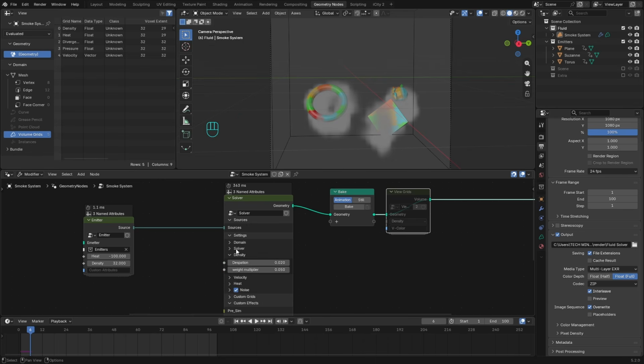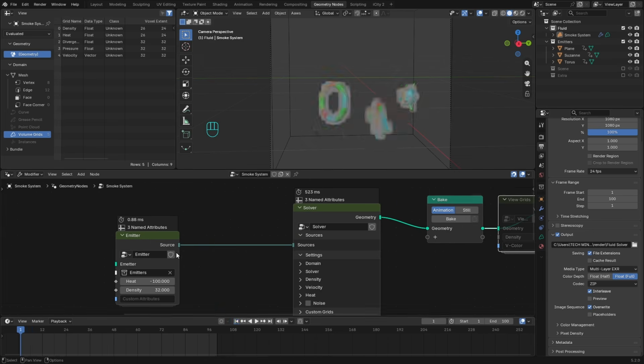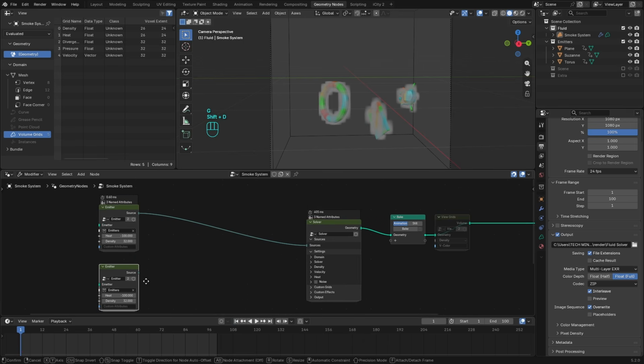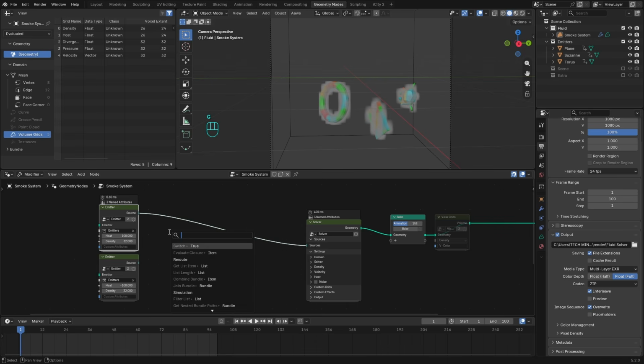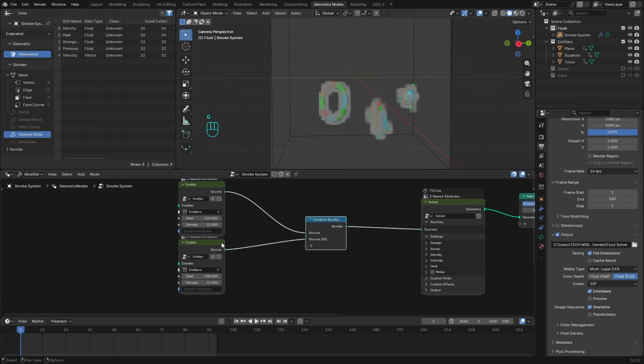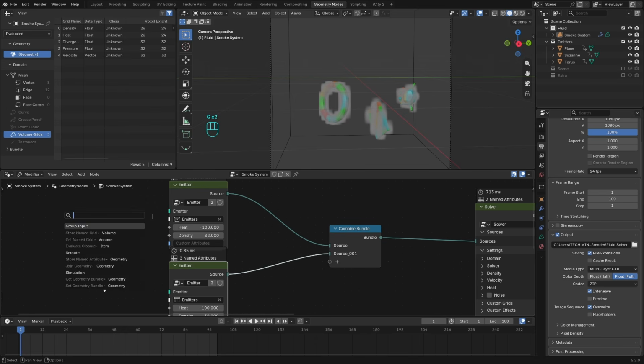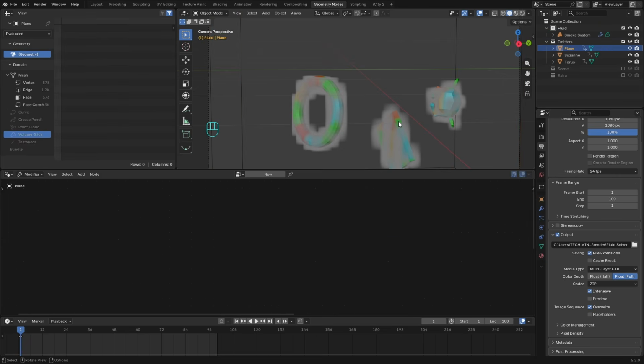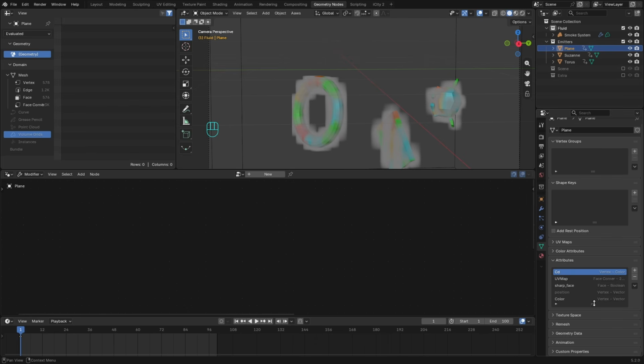Okay, so what settings do we have here? Maybe I'll also remove the noise. So in your emitter, you can add multiple emitters like this. Just use a combine bundle, and you can combine multiple sources. Each source, you can use a mesh. In this case, I'm using a collection of multiple objects. And each one of these objects, like for example this plane, it has some custom attributes like this color I'm using,